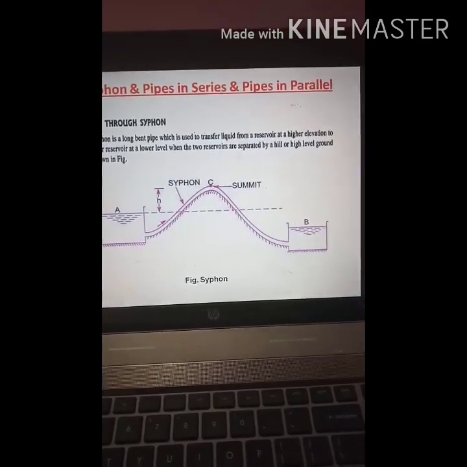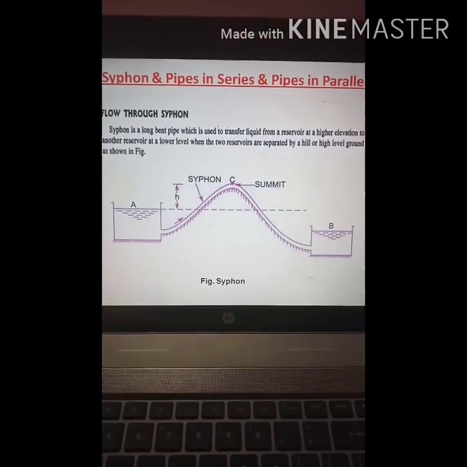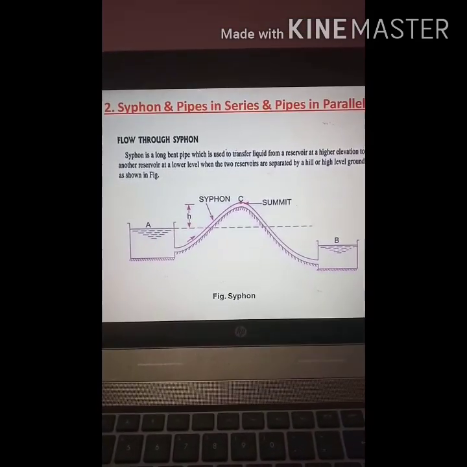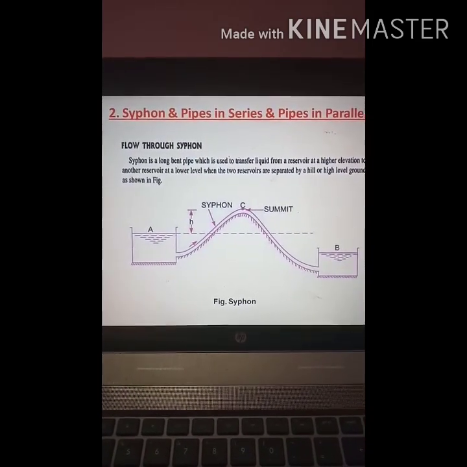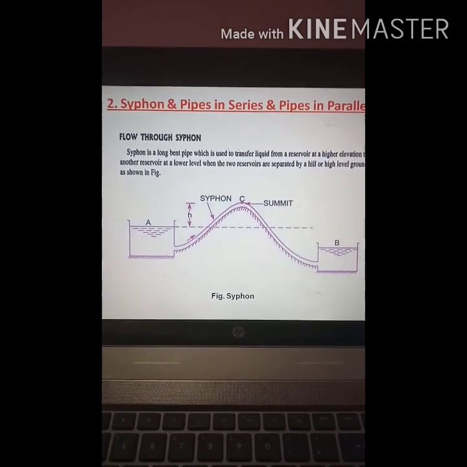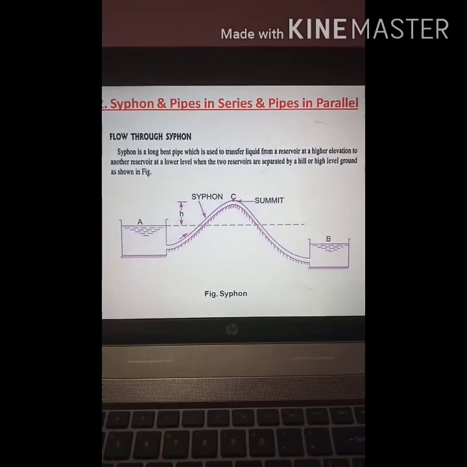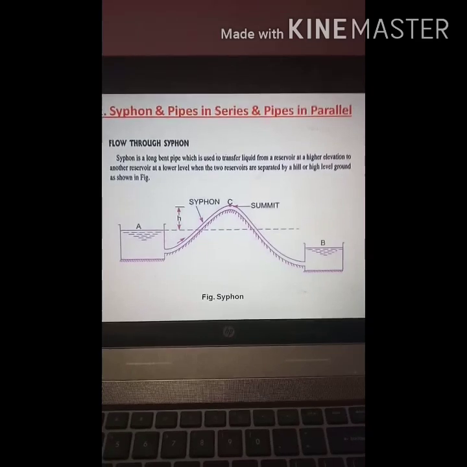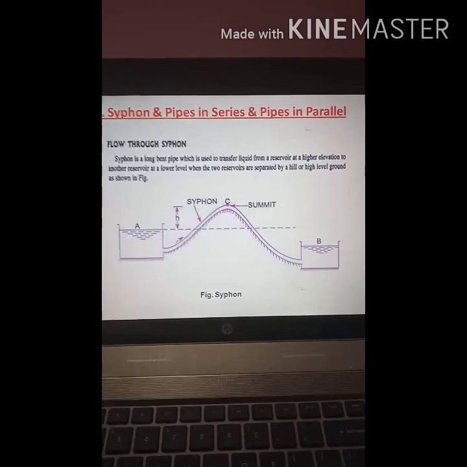Point C is the point where you have to calculate the pressure. What is the pressure at point C? Now we know that there is a vacuum pressure, but what is the amount of pressure? Because there is some limitation to the height of C. The height is shown as small h. Up to what height the point C can be placed has to be decided, because you can't go beyond the vapor pressure. The pressure should not fall below the vapor pressure of water. That's why there is a limitation on point C. Otherwise it may be kept at any height. No, it is not like that. You should have some limitation on point C to avoid cavitation.